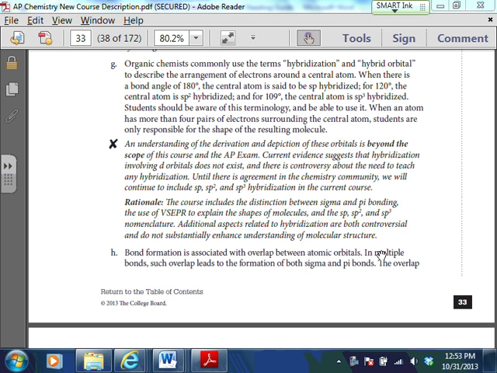It says read essential knowledge 2.C.4.G. But basically, hybridization is kind of an interesting thing because there's a lot of controversy surrounding hybridization right now. Should it even be taught at all? Who knows? Where AP kind of landed on this is, well, we'll teach SP, SP2, and SP3, but we won't teach the D because there's a lot of agreement in the chemistry community right now that there are no